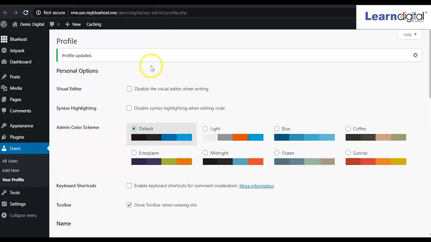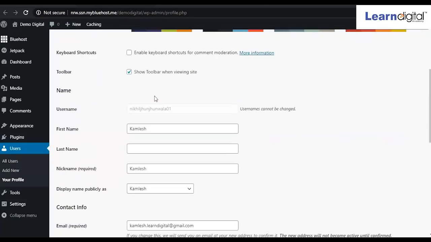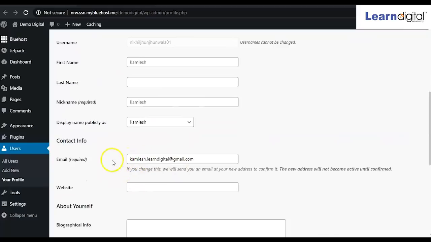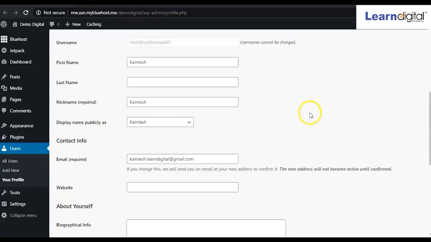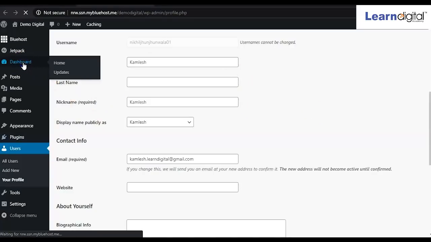So I have clicked on that. Okay, so now see, the mail has been confirmed and my mail is coming over here, and here at the top right side you can see this profile name. So earlier it was coming with this one, now it is coming with my name. Fine. Now we'll go to dashboard.